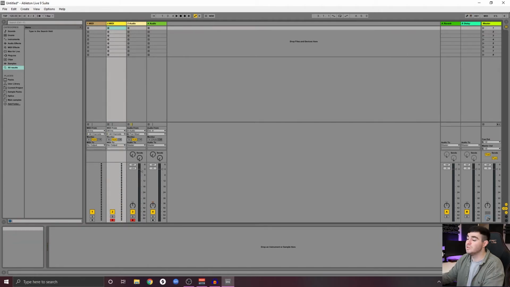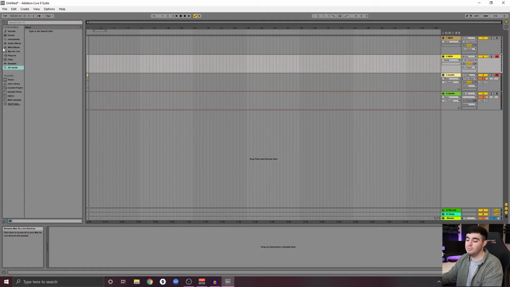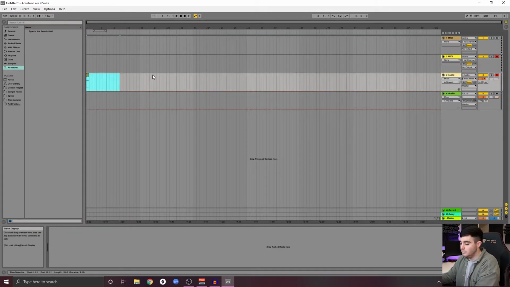So jumping into the next part of Ableton, we're going to use these to toggle through session view and arrangement, but you can also do that by hitting tab on your keyboard. In arrangement view, we have a linear timeline going from left to right, from 0 bars all the way out to whatever your song is. And then we also have a MIDI mixer window for each of our channels. So we have our toggle on and off, our output, where it's going to, our solo, our arm,